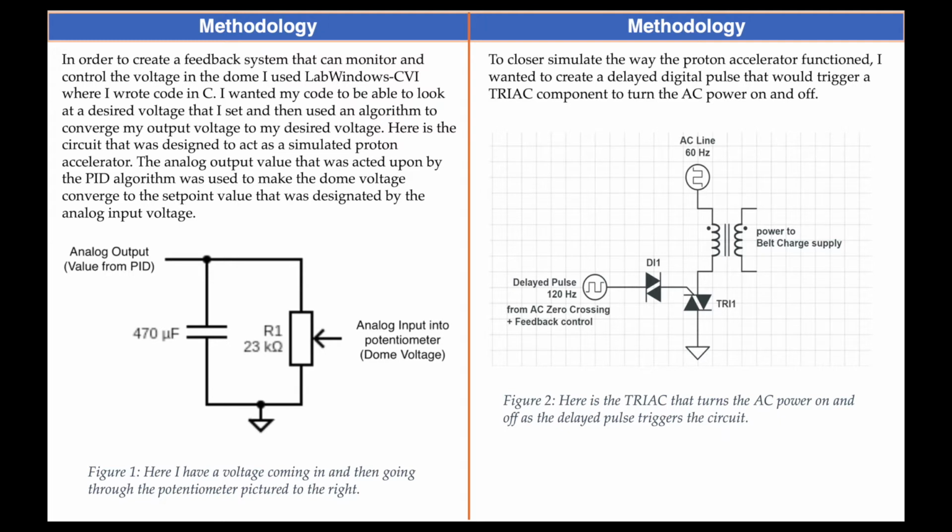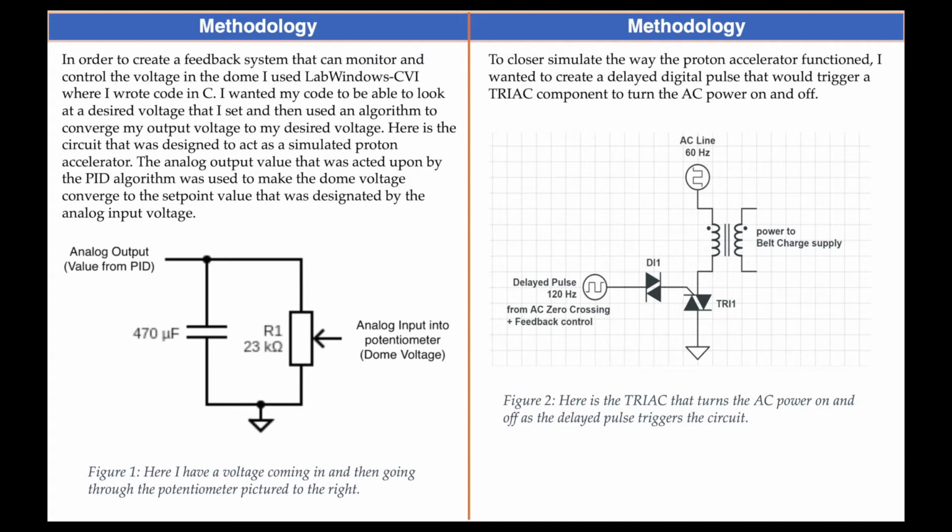The PID parameters acted on the analog output, which was then sent into the circuit, and the dome voltage adjusted so that it got closer to the set point which was given. The triac circuit shown to the right was used later on in the project. The way the triac works is that it only shows some fraction of the AC circuit depending on when the